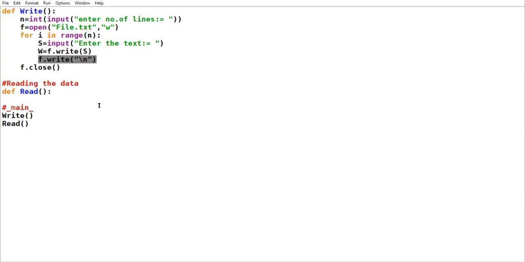If you want your data to appear in separate lines, you have to include \n. \n is the new line character, or what you call an escape sequence. Right? And close the link of the file. This was the writing of the data in the file.